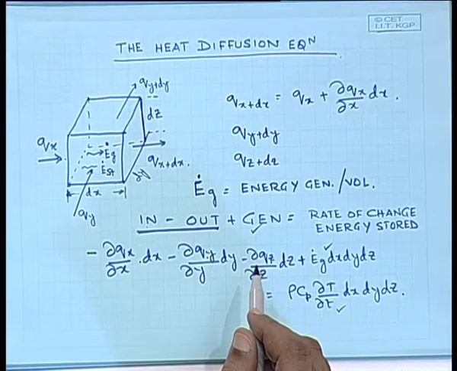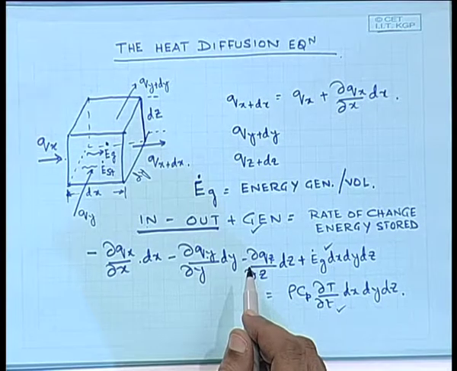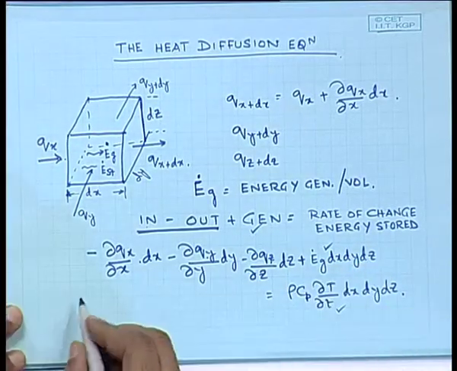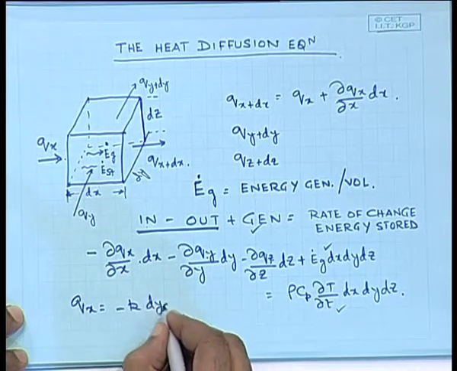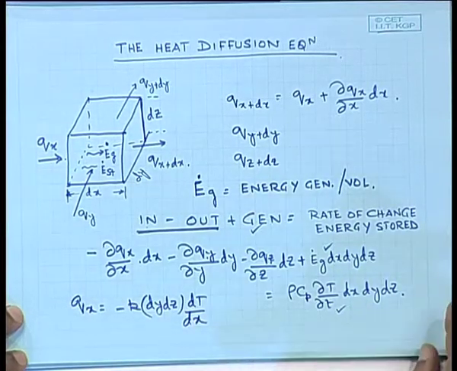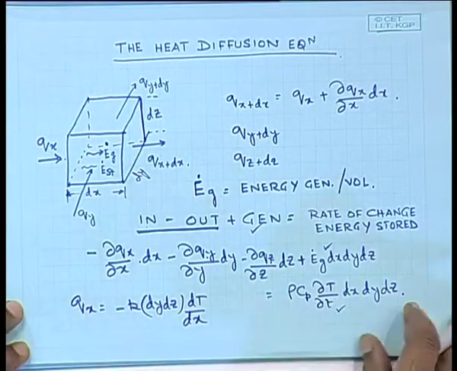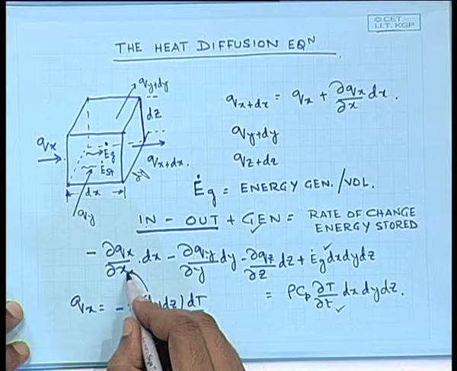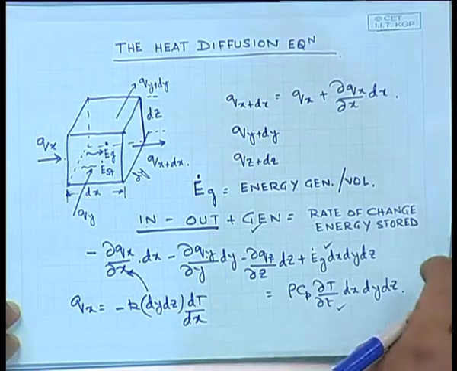Fourier's law. These Qx can simply be expressed as minus k dT dx in this case multiplied by the area, and what would that area be? Dy dz. So that's the area, that's going to be dy dz. So I am simply going to substitute Qx is minus k times A, which is dy dz, times dT dx. Same for y and same for Qz. So, is it clear? I simply used Fourier's first law. So if I substitute this in the previous expression which we have obtained by simply making an energy balance, the final result would be